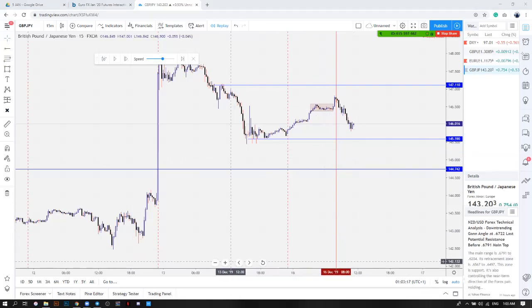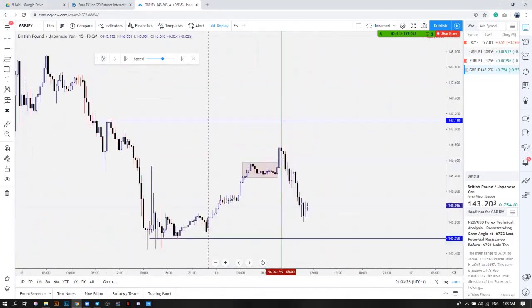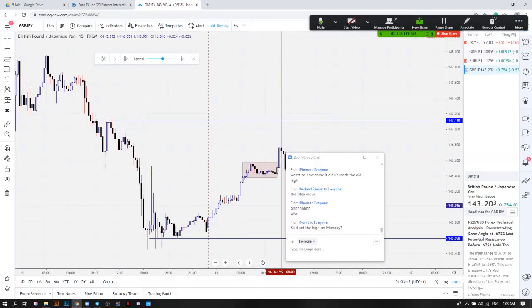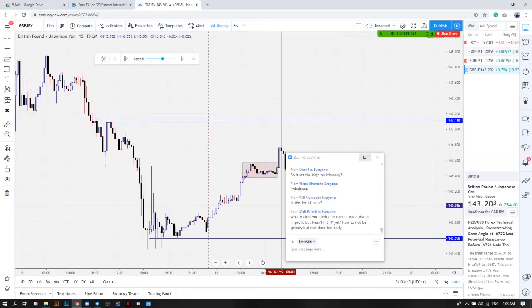Sometimes the market, now this is why I said 80% of the time. If I'm saying 80% of the time the market is going to create the highs or lows on Tuesdays or Wednesdays, that means sometimes on Mondays or Thursdays, the market could create the high or low of the week. But most of the time. This is what I'm saying, do not be specific. Most of the time. Is this for all pairs? Exactly, all pairs.